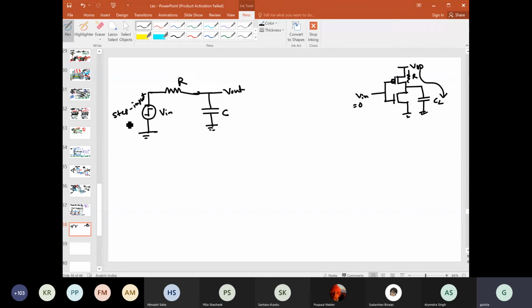And why are we saying that this is a step input? Here the input means this VDD. We are assuming that the VDD is applied as a type of step here. So in that case, remember that the input is a step. So this is fixed. So this is the input, right? Now we have to see how the output will change.